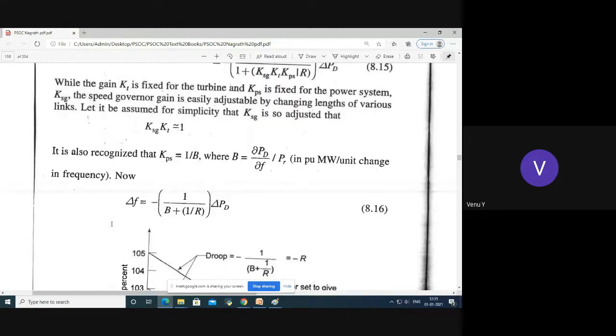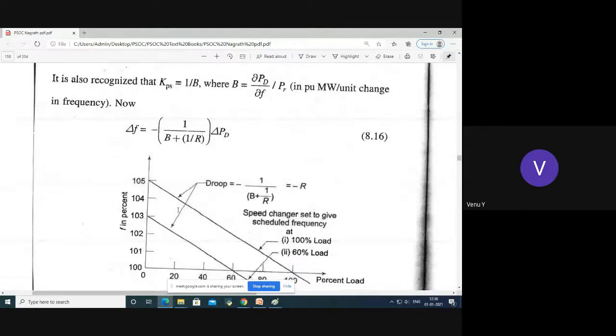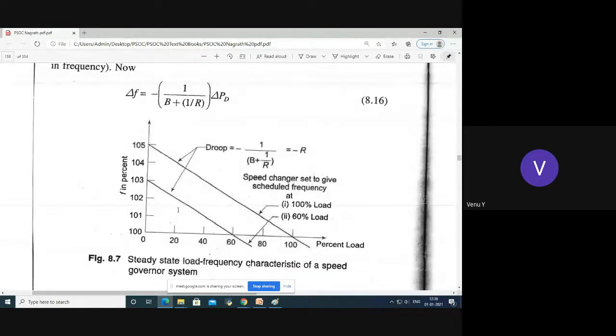Per unit megawatt. So after simplification, you'll get delta F is equal to minus 1 by (D plus 1 by R) into delta PD. So this is beta. Yesterday you noted down AFRC, area frequency response characteristic, that is AFRC. This is delta F, so 1 by beta is the actual value, 1 by beta